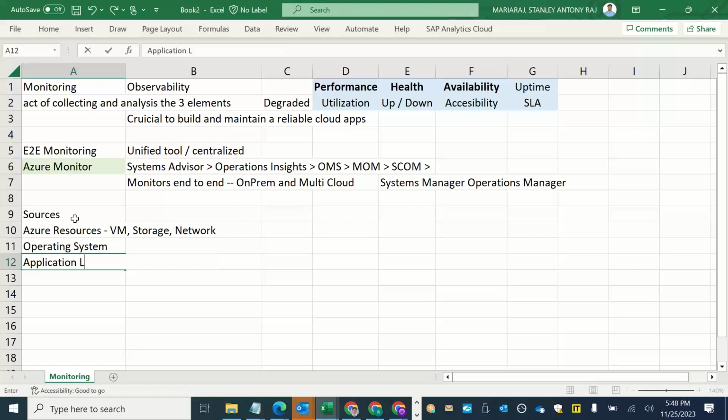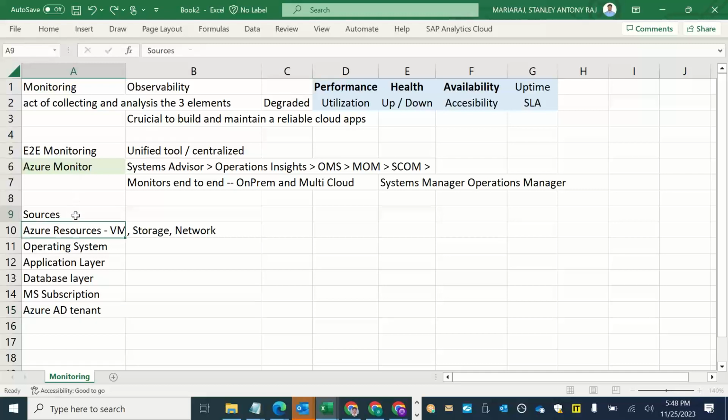And at the application layer, you also have the database layer, which can be on the same Azure platform, or it can be outside of Azure like Oracle, or you can have your databases on premises and so on. Now we also have monitoring at the Microsoft subscription level, whether there are any ongoing issues at the subscription level or Azure AD tenant level. So these are the primary groupings from where we generally collect the data in Azure Monitor